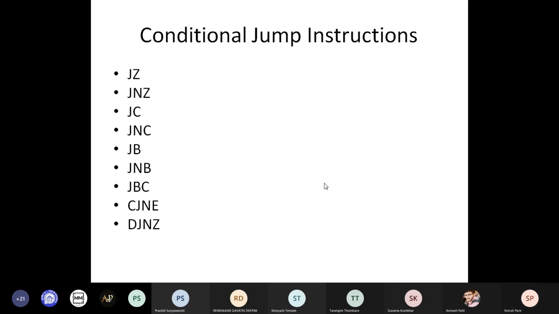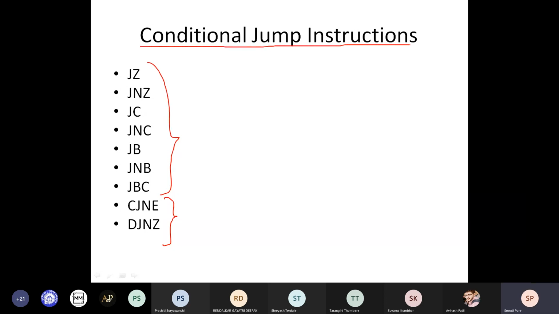So this is the set of conditional jump instructions. Out of that, you can see that for the first 7 instructions, we have J in common. That J stands for jump. For the last two also jump is there, but there is additional work done in these two instructions. So this is another category, but these are some typical jump instructions present in the 8051 microcontroller.